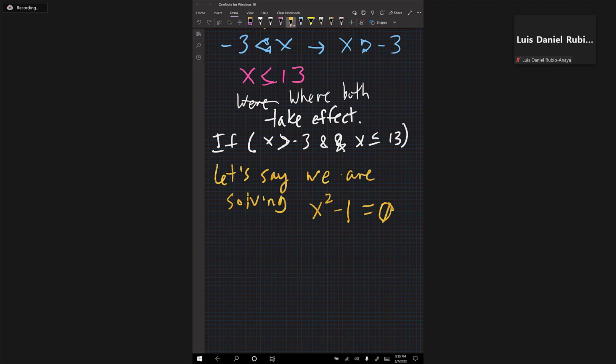That should be a 0. We all know that if you were to solve that, you should have this as your answer. And when we say that out loud, x equals